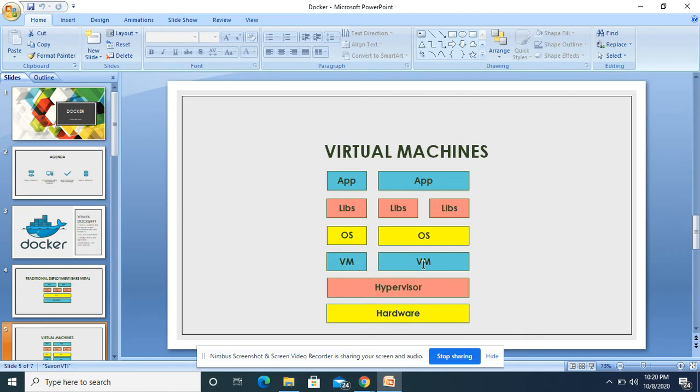We can set up different VMs on top of the hypervisor, and inside each VM we set up our OS and again keep the prerequisite libraries. What are the prerequisite libraries? Those libraries that help meet the preconditions of an application. Similarly, if we need one more VM, we need to keep the same setup.